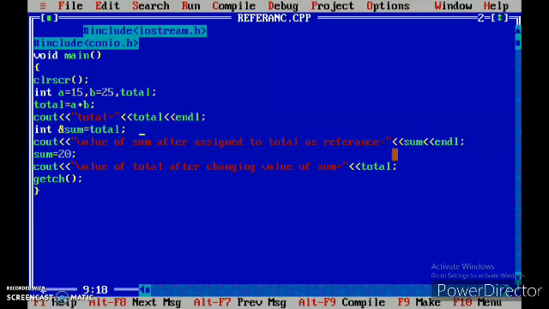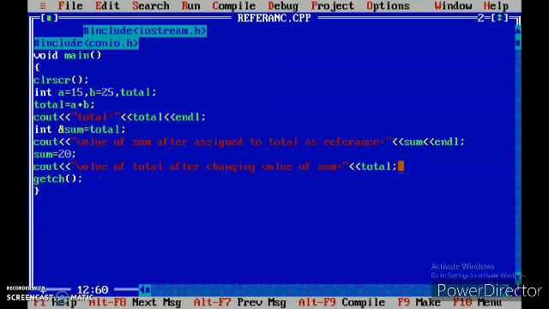Now in the next line we assigned some other value to the sum variable. See here, sum is our reference variable, that is the alias name of total. We make a change in the sum variable, and now we want to display the value of total. That means we apply the change to variable sum, and we are representing the output in the total variable.